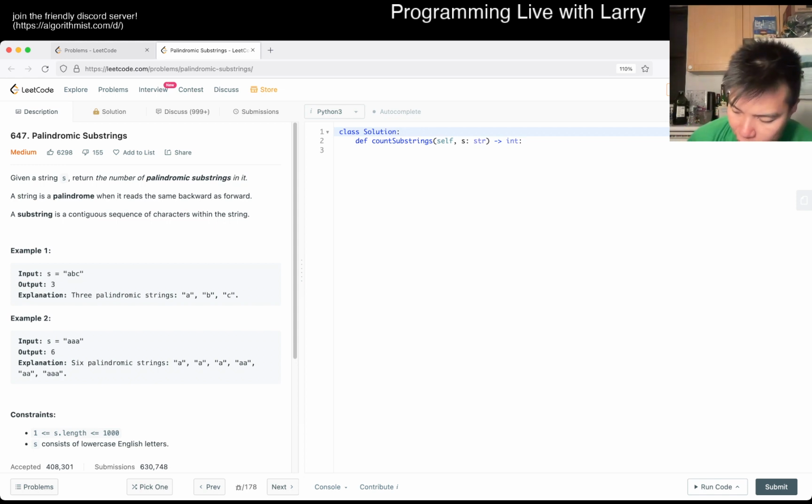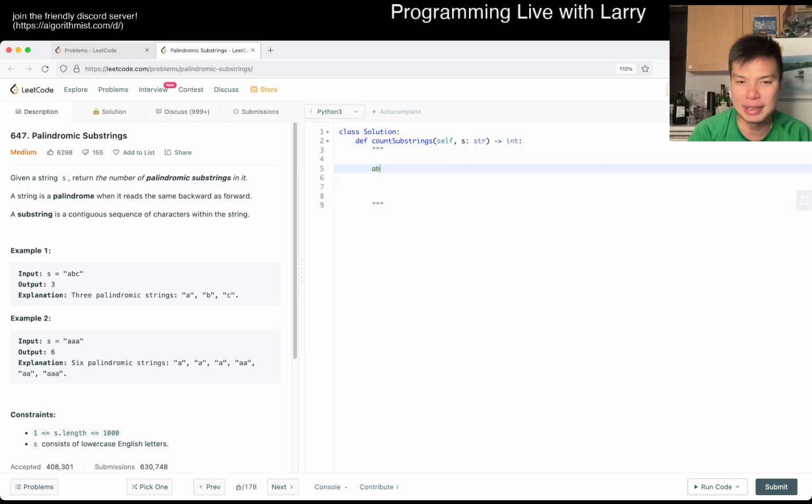I don't know if you could consider it dynamic programming per se, but you can kind of think about it in a more precise way to structure how to build bigger components from smaller components, right? And in that sense, it is kind of similar to dynamic programming. And the idea here is that a big palindrome is made out of smaller palindromes, right? For example, if you just have